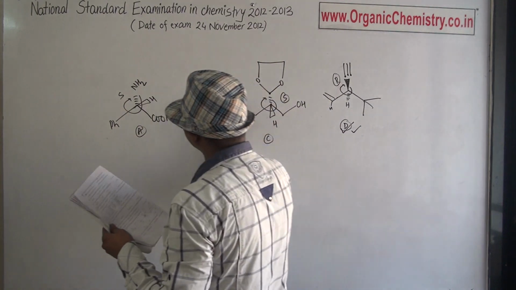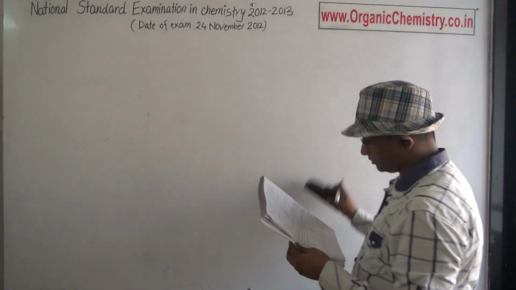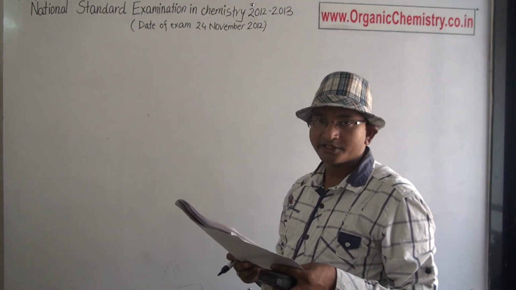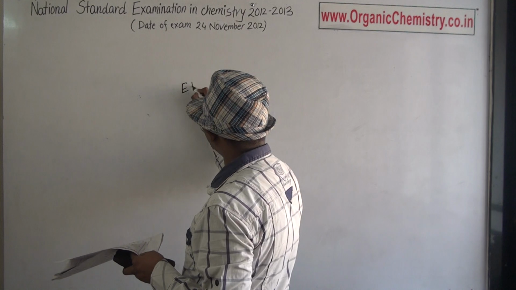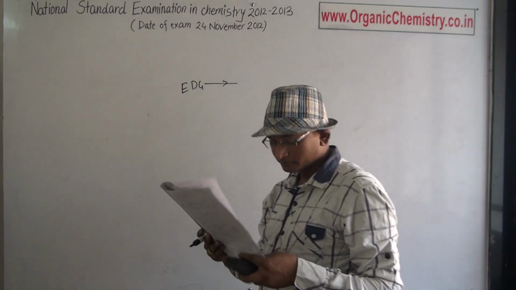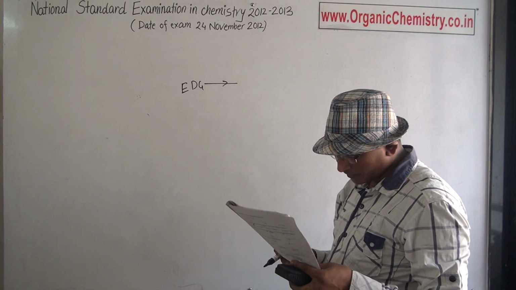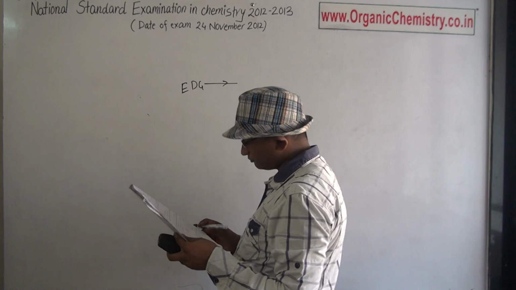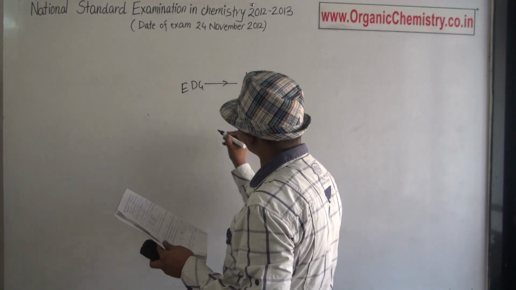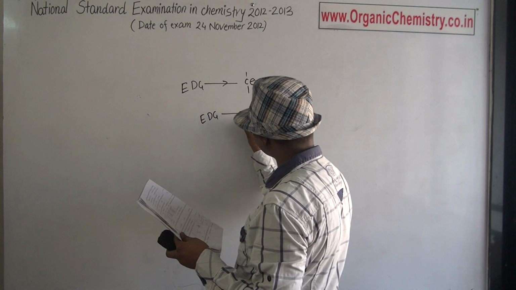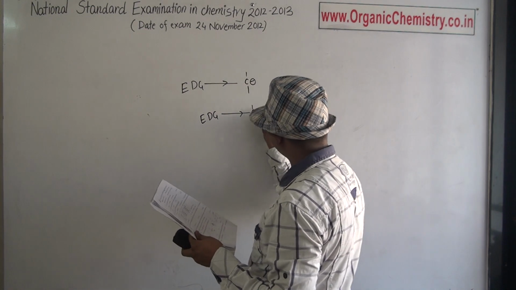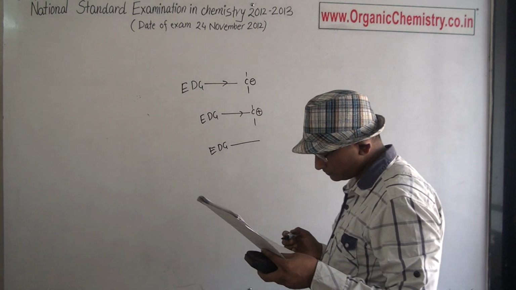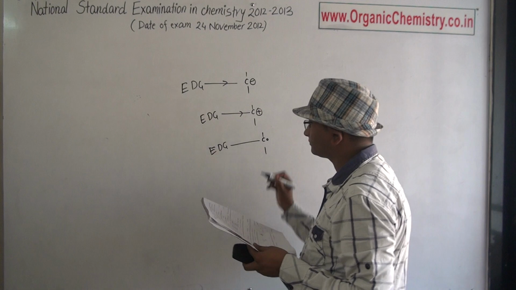Next, a simple question on electron donation or withdrawal, which gives stability. The next question: an electron releasing group will not stabilize which of the following? Electron releasing groups are the electron donating groups. First is carbanion, second carbocation, third any of the above, and last is the free radical.